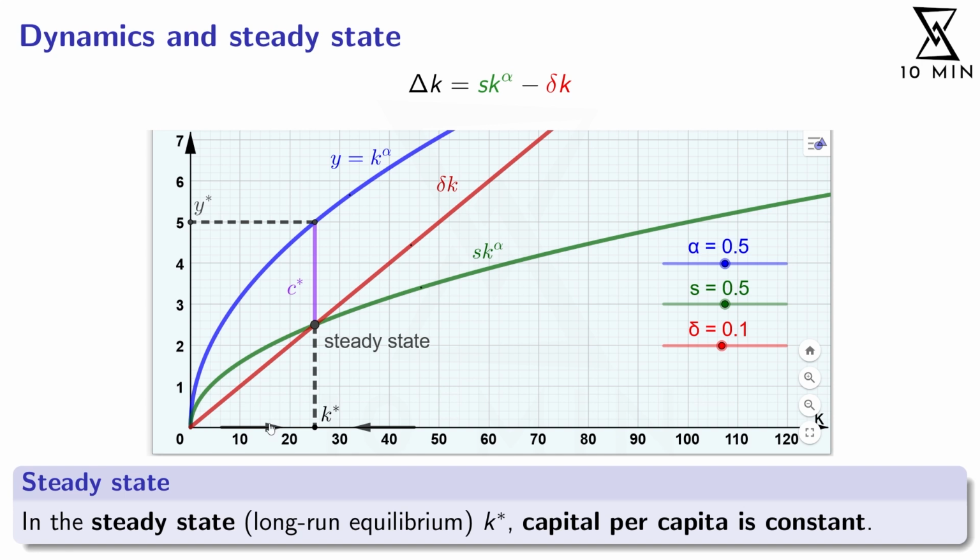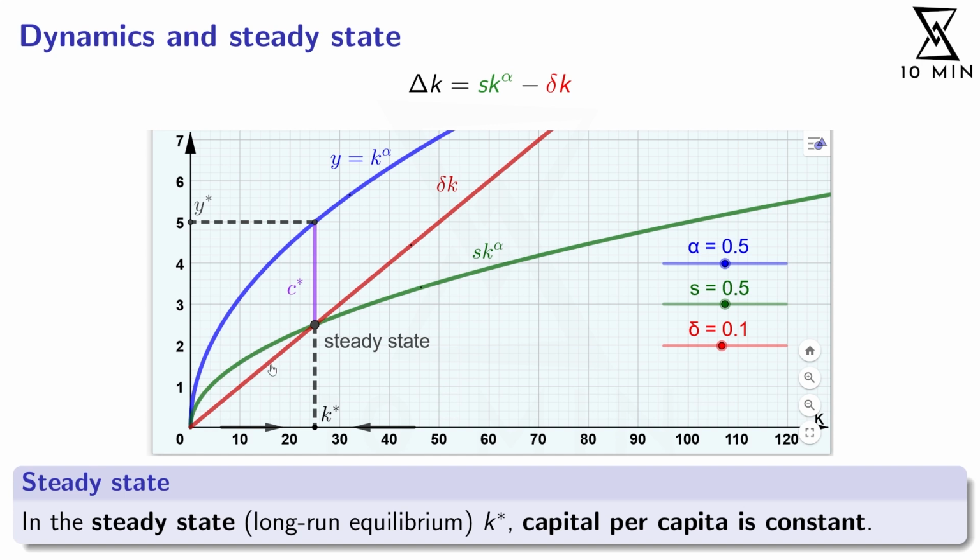Let's say, for example, we start with 16 units of capital per worker. Then with our production function, the income per worker is the square root of that. And the square root of 16 is 4. So our income per person is 4. Out of these 4 units of income per person, we save 50% of that, right? So we have to go to the green curve, and the green curve is showing us our savings per person are 2, and therefore also the investment per person is 2.